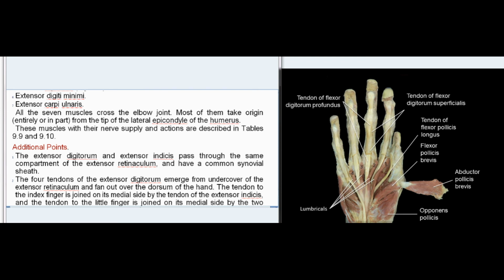Additional points. 1. The extensor digitorum and extensor indicis pass through the same compartment of the extensor retinaculum, and have a common synovial sheath. 2. The 4 tendons of the extensor digitorum emerge from under cover of the extensor retinaculum and fan out over the dorsum of the hand. The tendon to the index finger is joined on its medial side by the tendon of the extensor indicis, and the tendon to the little finger is joined on its medial side by the two tendons of the extensor